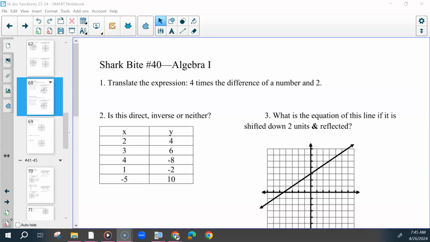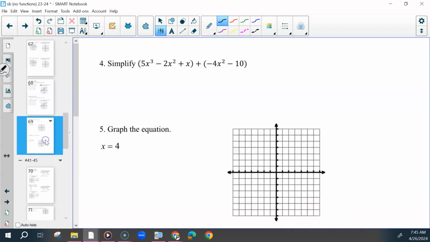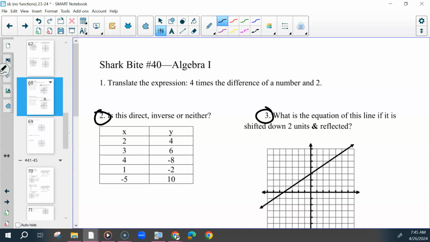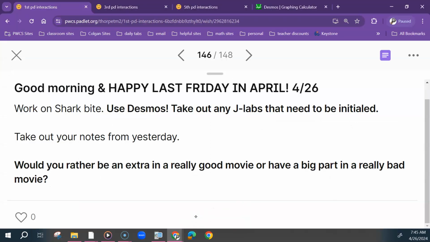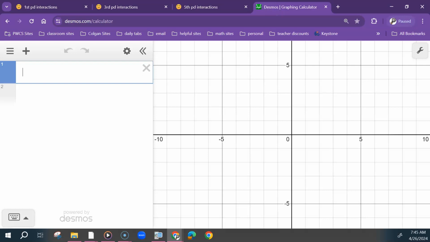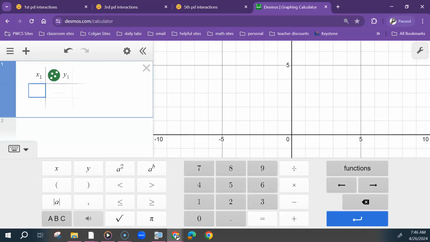A lot of 3s and 4s and some 2s, so we'll do those 3. This one can be done in Desmos. If I make a table and add all of those in,